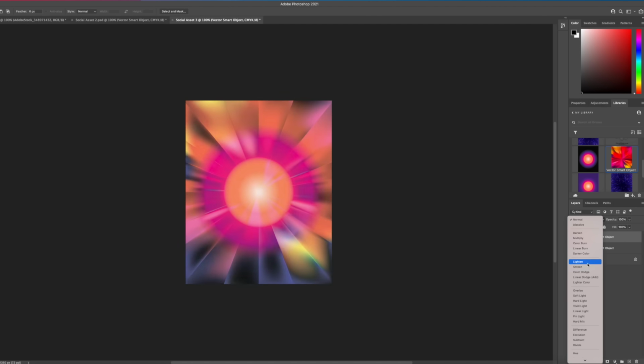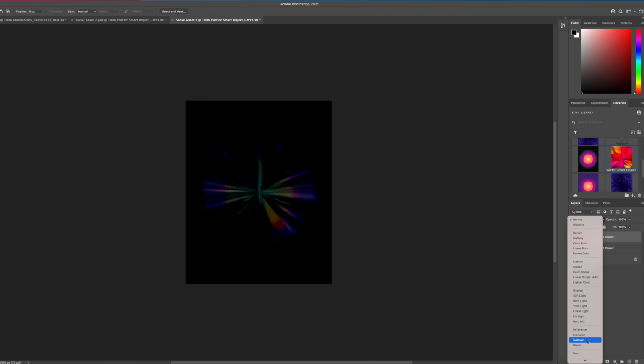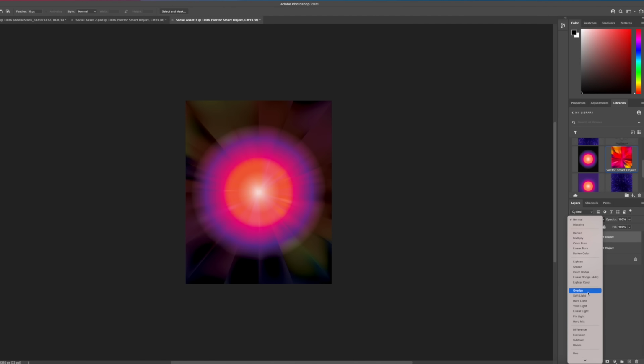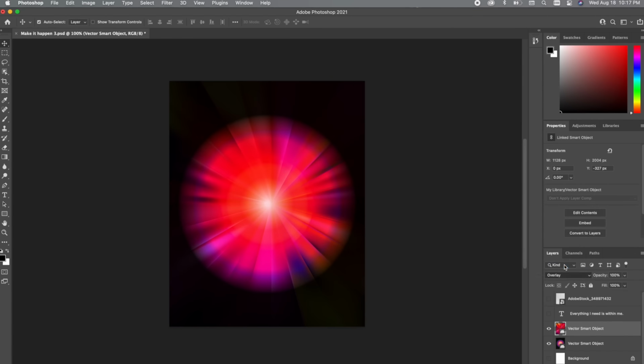So I selected this really fun piece. It has a lot of lines, a lot of energy coming out, which I really love. To blend this seamlessly with the gradient we just made, I'm going to be using the overlay feature, and I love how this looks. You can see the gradient peeking through, and you can also see the Adobe Stock asset that we